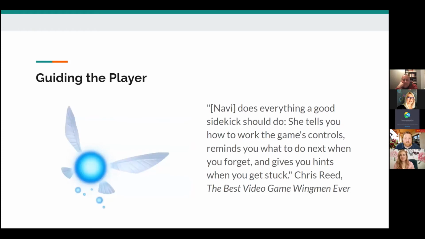As you can see, Navi has the ability to do a lot of stuff to direct the player's attention through audio that's associated with the character, through the dialogue that's associated with the character. She's literally telling you what you should do next. The Great Deku Tree wants to see you. You should go see him. And